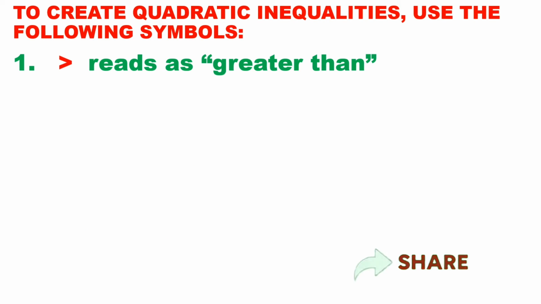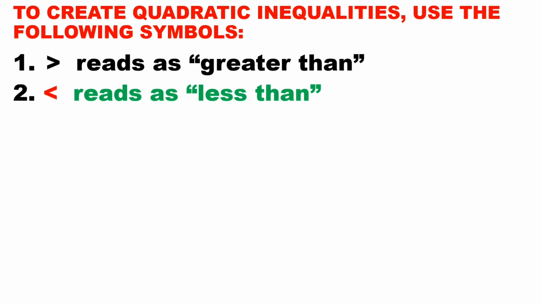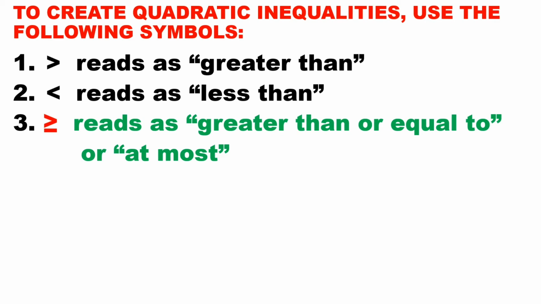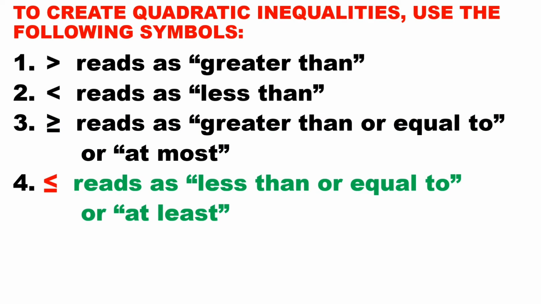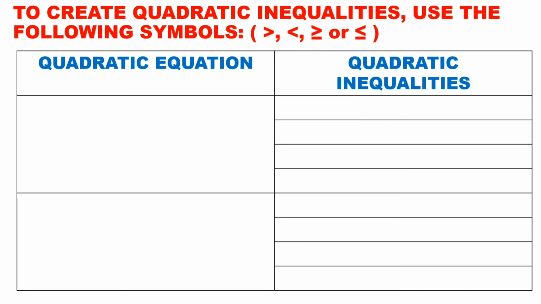To create quadratic inequalities, use the following symbols. Number 1, greater than. Number 2, less than. Number 3, greater than or equal to, or at most. And number 4, less than or equal to, or at least. And for our activity, a quadratic equation will be given and it will be converted into quadratic inequalities using the 4